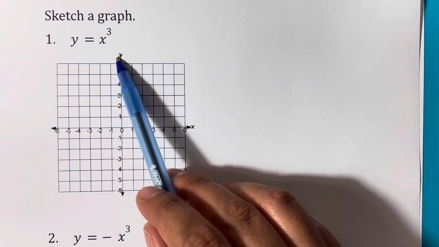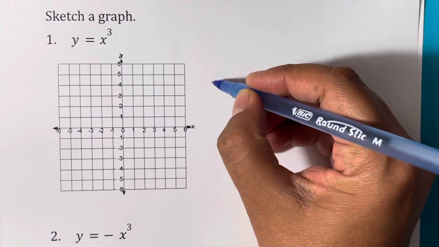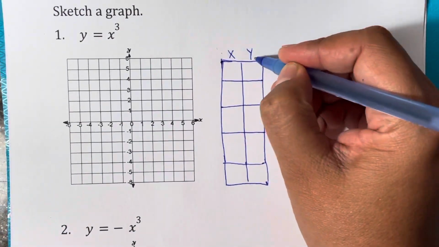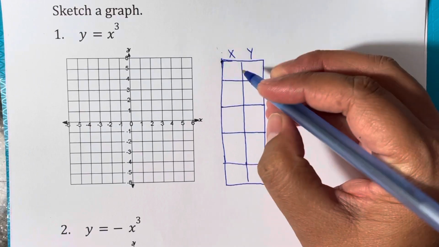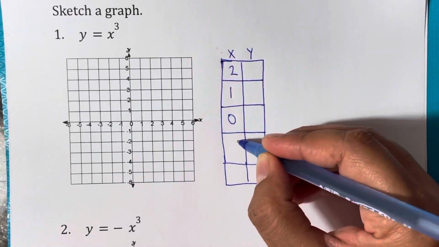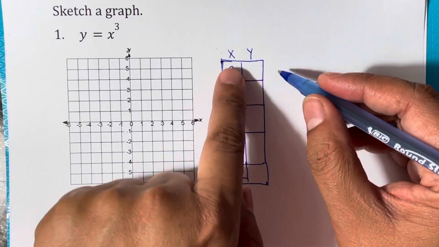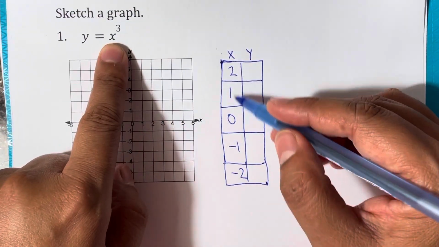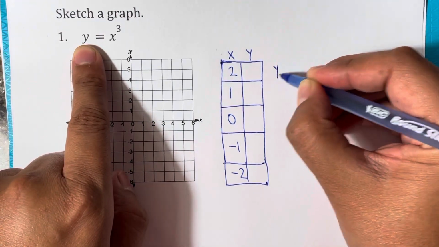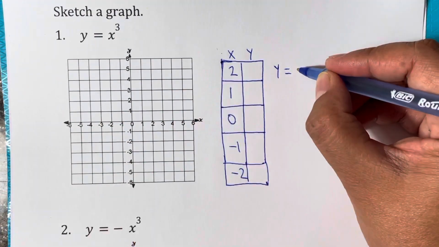And so for the first graph, I just have the mother graph, y equals x cubed. And so I'm going to create a table and I'm going to put x and y. The values for x are going to be 0 in the middle, then go up 1, 2, and down is -1, -2. And so what this means is that if x is these values, what will be the value for y? And so we're going to replace y is equals to x cubed, but the value for x is 2